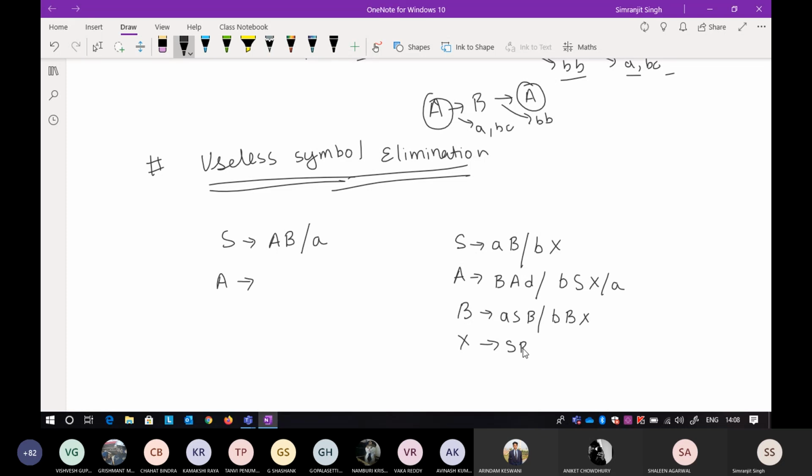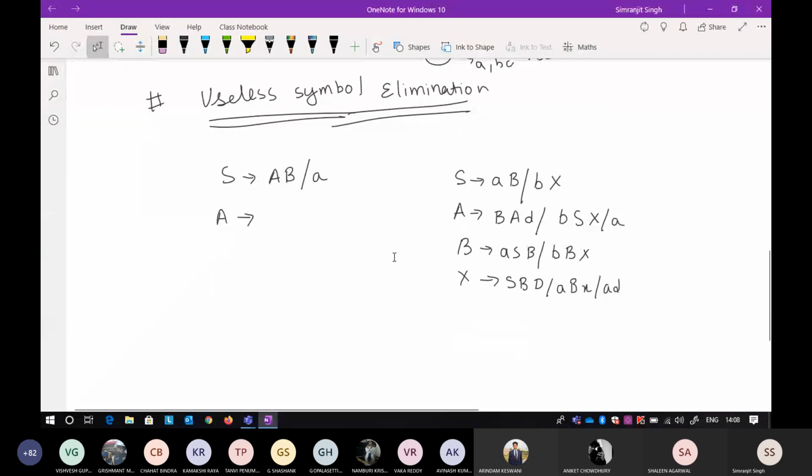So you first have to make a set of all the useful symbols. Useful symbols are all those symbols that derive terminals directly, or lead to a useful symbol. So I form the set. The first item: X is deriving a terminal, so you can call it a useful symbol. Capital X is your useful symbol. This is a small x and this is a capital X, so there is a difference between these two x's, keep that in mind.